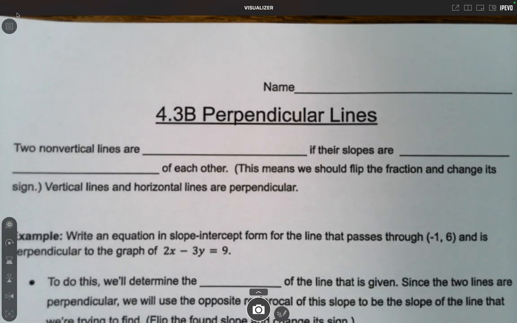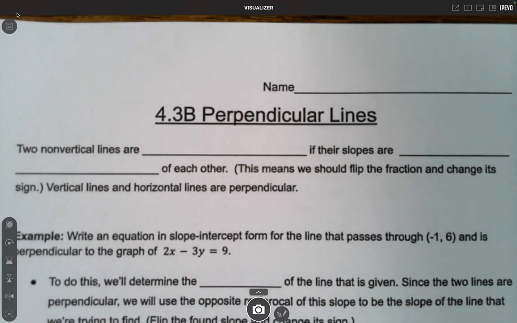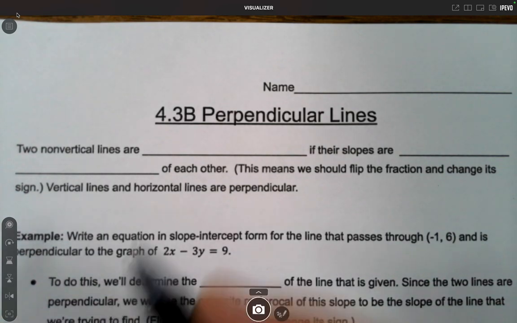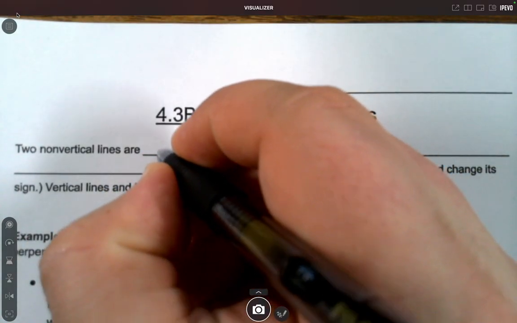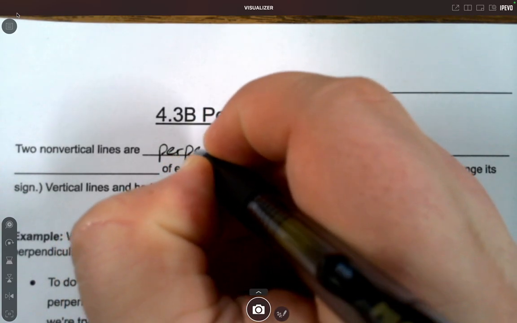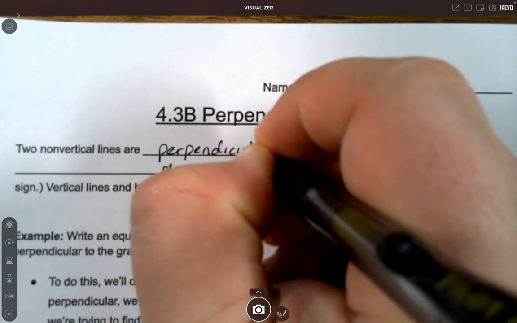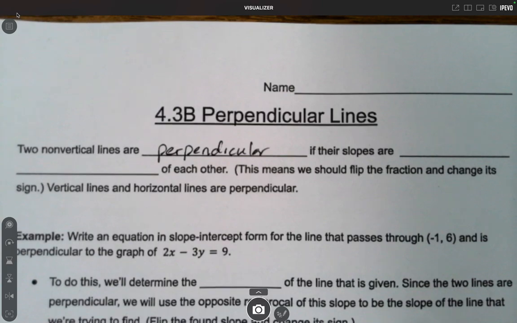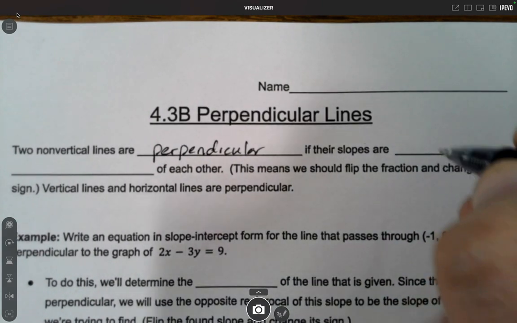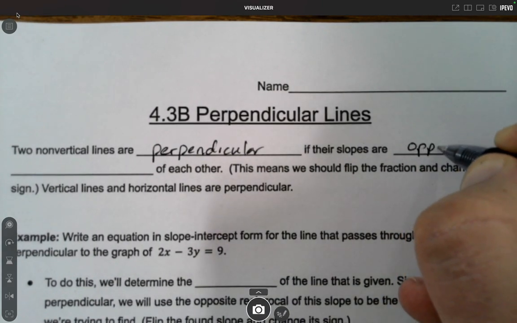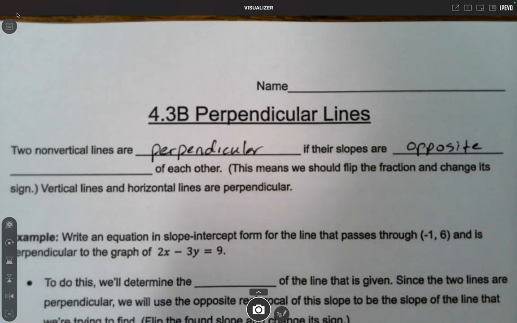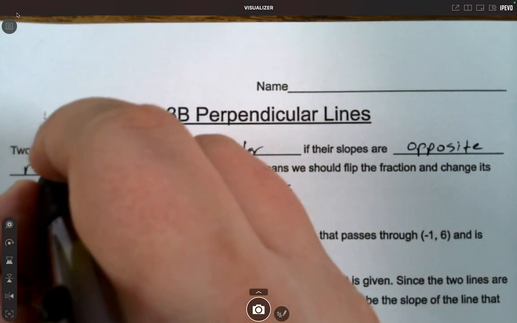We talked earlier in the previous lesson about parallel lines. Today we're going to talk about perpendicular lines. Two non-vertical lines are perpendicular if their slopes are opposite. That means the opposite sign. Reciprocals